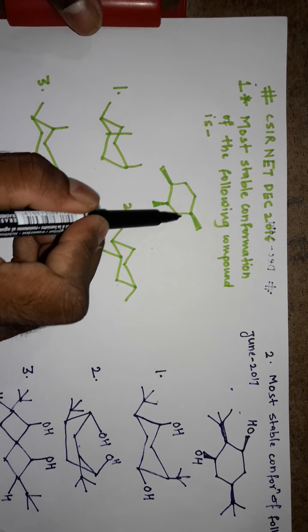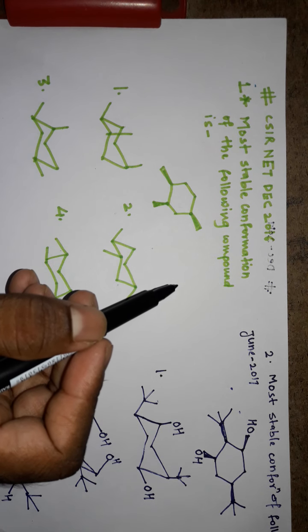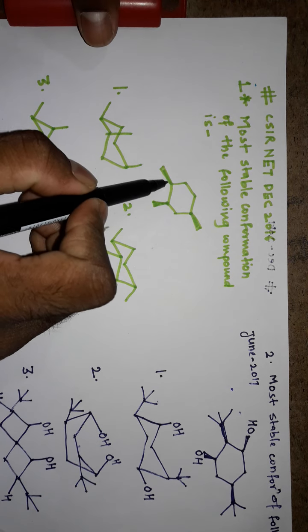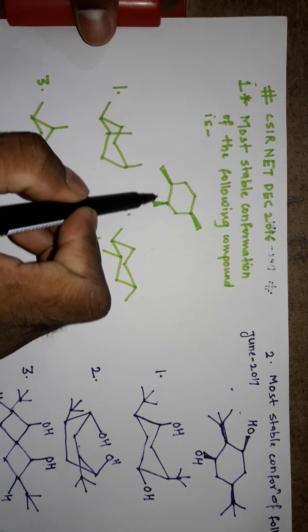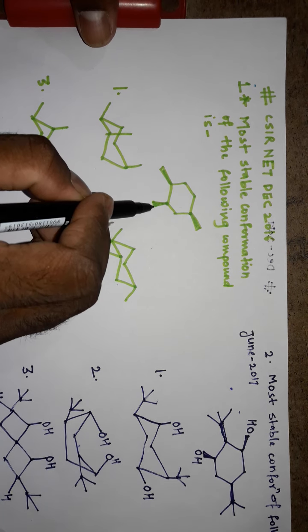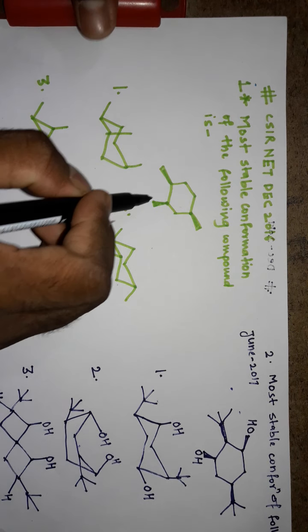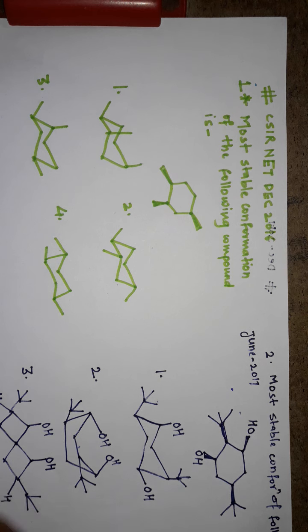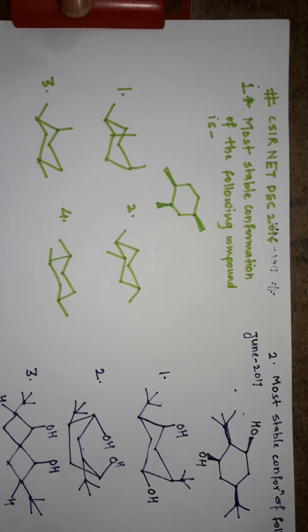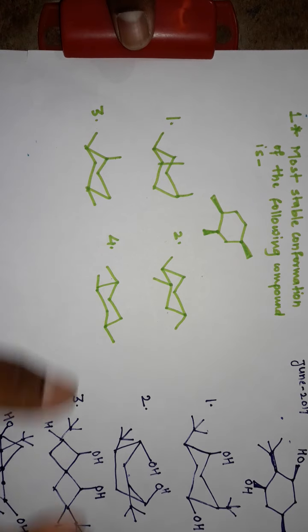Let us focus on this molecule first. This is a cyclohexane, so we can think about the chair conformer. Then there is a methyl substituent, and we need to focus on the stereochemistry also, because they have mentioned it. All 3 bonds are above the plane, meaning they are heading towards the same direction. So we need to keep it the same in the conformer also. Let us check the options to find the answer.